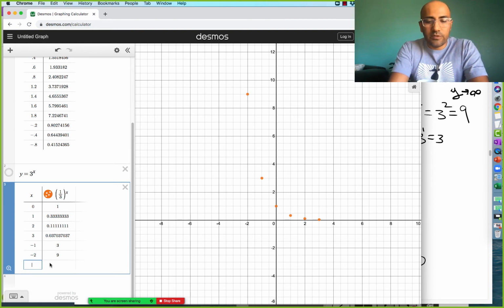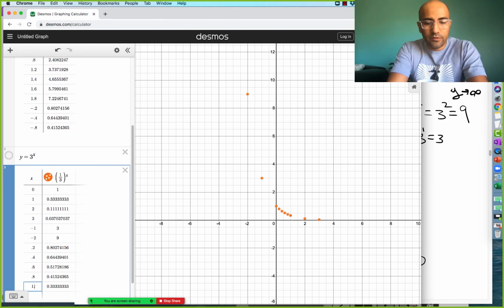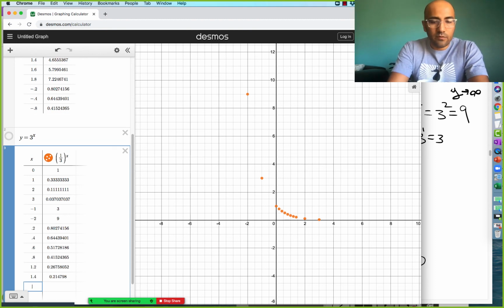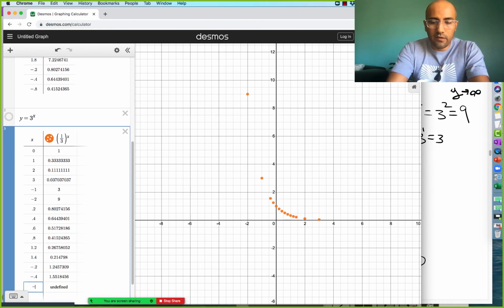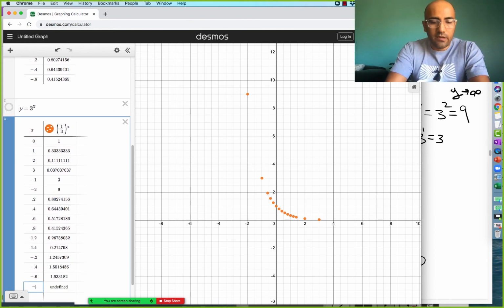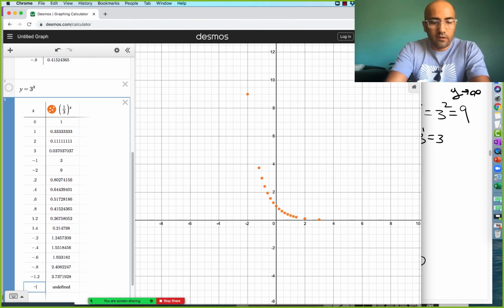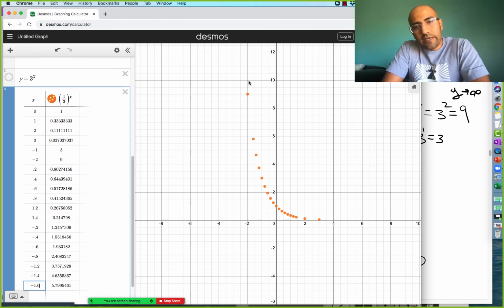We can fill in the blanks with some decimal values. How about 0.2, 0.4, 0.6, 0.8, 1.2, 1.4. Okay. How about some negative values? How about -0.2, -0.4, -0.6, -0.8, -1.2, -1.4, -1.6. Okay, so I start to get a bunch of ordered pairs, and it doesn't take long to hopefully